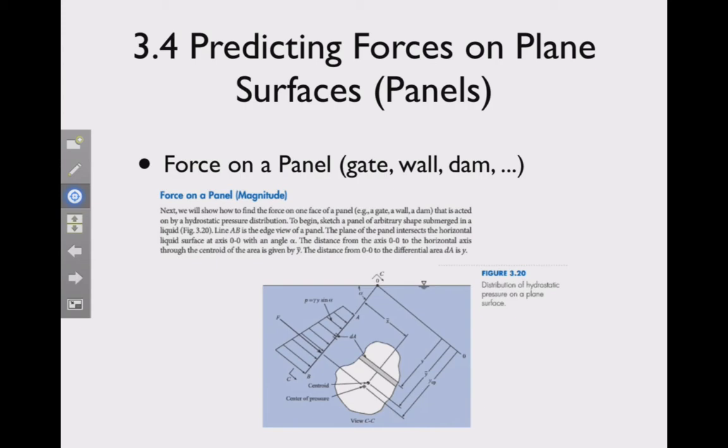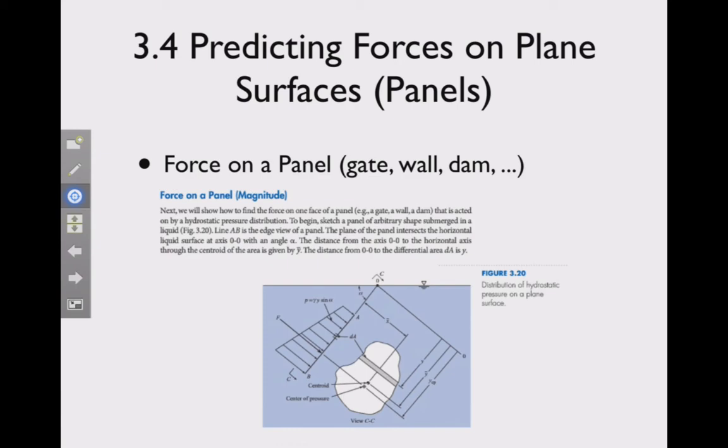In addition, I want to make sure that you understand that this is two pictures of the panel. One is on edge, which shows that at each y value, the pressure across the panel into the page is going to be constant at a given depth here. So one of the things that I wanted to show was that